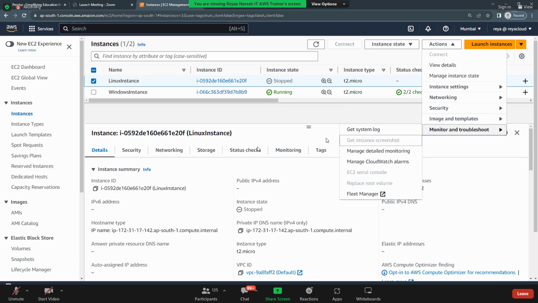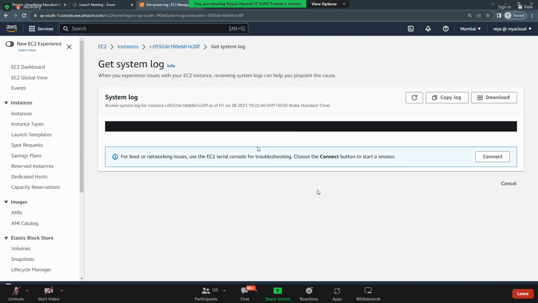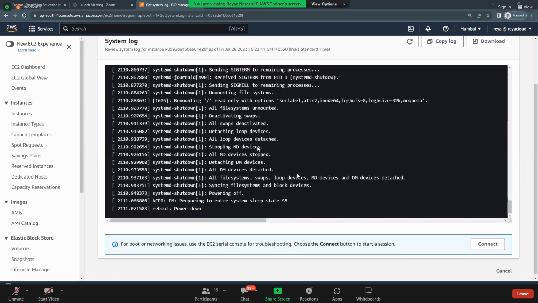Monitor. Okay, see here. Get system logs. System logs here, generally logs, correct? These system logs are related to your EC2 instance. Guys, now you launch an EC2 instance. Did that EC2 instance get launched properly or not? How do we know? Get system log. Click on get system logs. These are the logs that we have for launching. Is our EC2 instance shut down or not? It is in stop state, no? That's why it says power down. So this is your EC2 instance log.